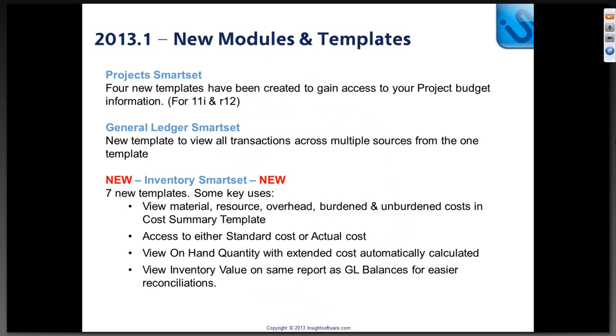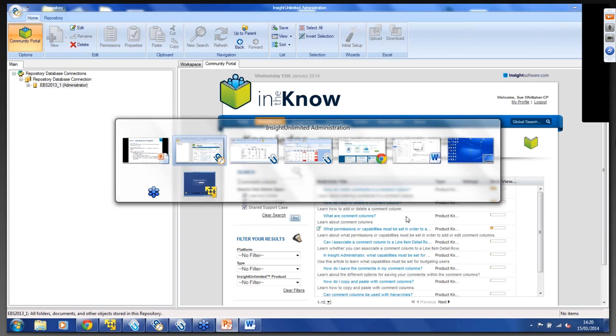Okay, and as per the agenda, after the key things that I thought were most interesting and important in 2013.1, are the new smart set, which is new for inventory. So we're going out of the financial arena and going into inventory. And we've also got some new templates in existing smart sets. So again, if I flick back to the product, I'm going to go back to the reporting user,